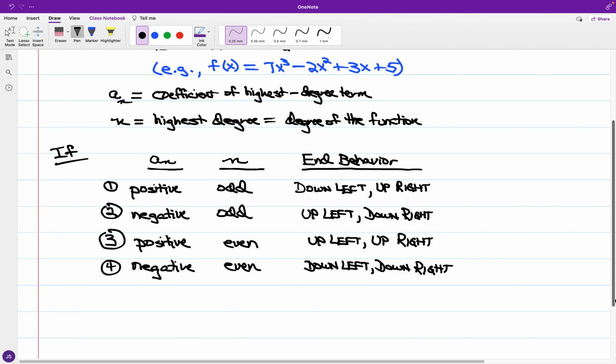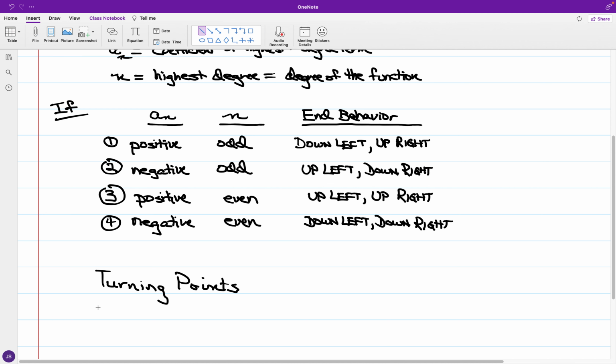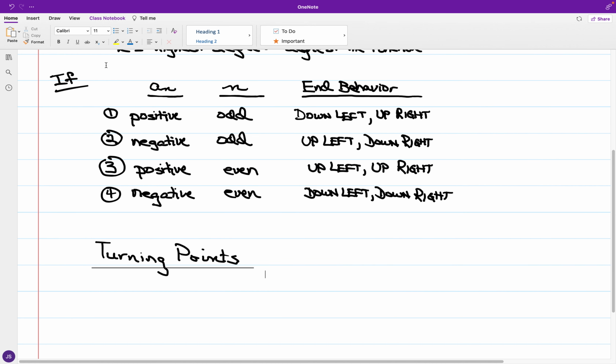Now, including what we have in the descriptions of the graphs of polynomial functions in terms of pinpointing the behavior of the graph, one of the items, going back to when we were looking into relative minima and maxima prior to the spring break, is turning points. And once again, concerning turning points, we have the number of turning points